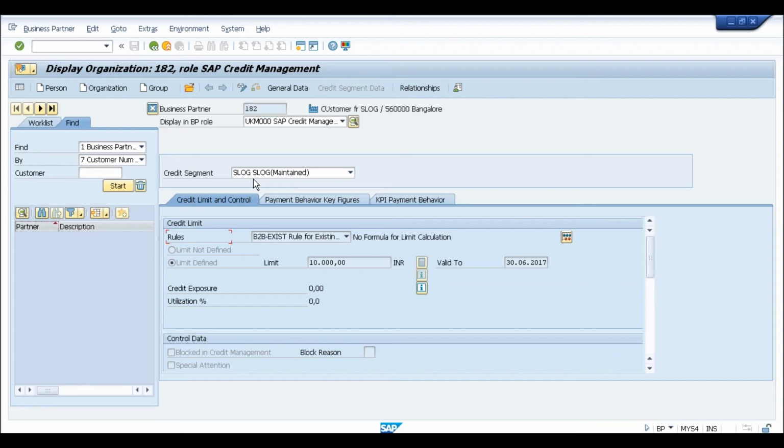S4HANA 1610. Yes, that is the reason when you created a credit segment, it asked you for the currency. What will be the currency of the credit segment? Irrespective of the currency in your credit control areas, when the data comes to the centralized system, it will be converted into one single currency, which is defined at the credit segment level. So when I am doing a transaction in ECC, it will check at the credit control area in the ECC system and come onto S4HANA and check the credit limits at the credit segment level, is it?